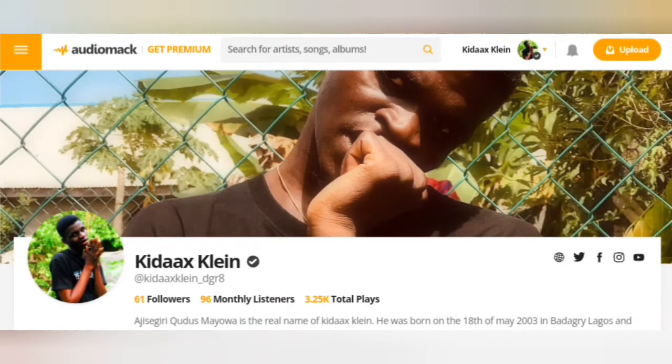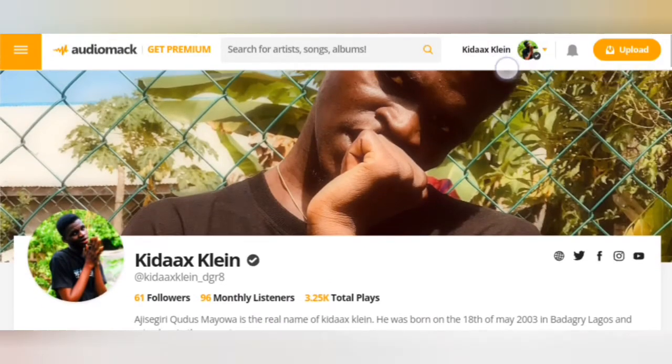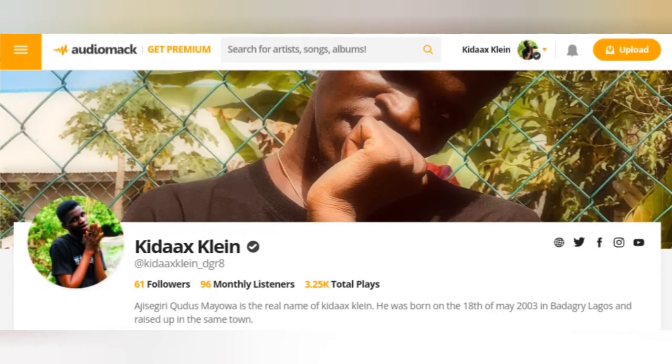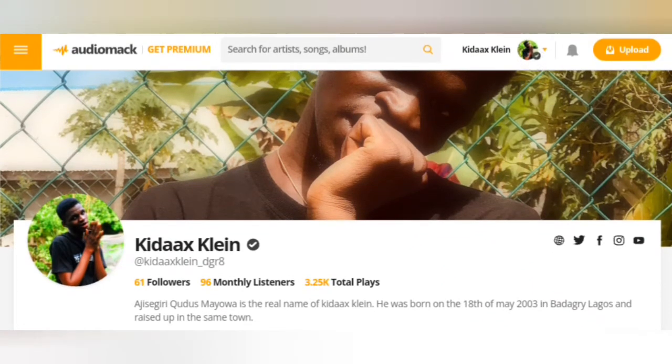Okay, right now we'll get into the video. I'll be showing you how to delete and edit your song on Audiomack. The first thing you have to do is to click on this drop down at the right up of the dashboard over here where you can see my name, TITTLE. I'm clicking on this drop down. You can see this small arrow over here beside my picture. I'll click on the drop down,